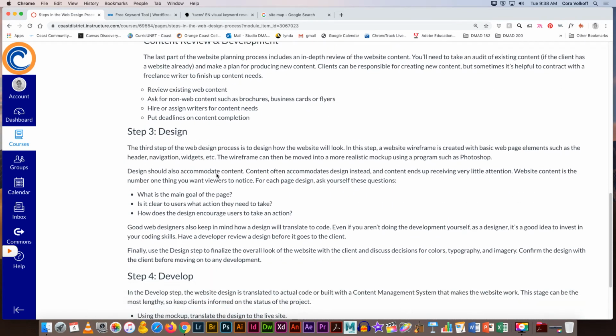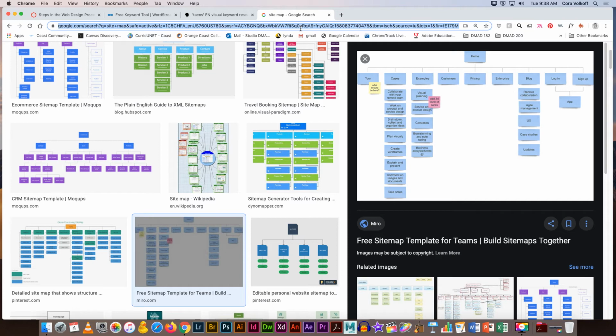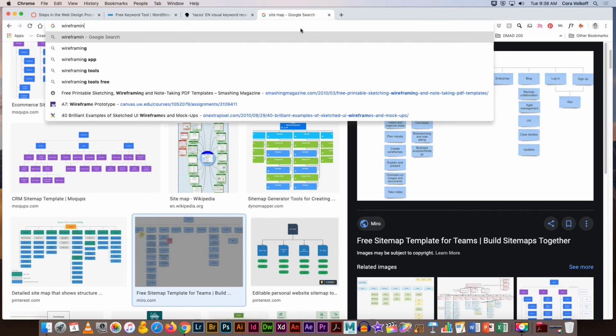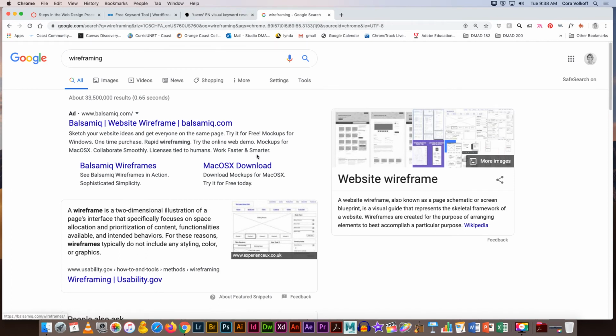The next step is probably the more fun step that you guys would decide, and that's design. But for the actual web page itself, you're not going into colors and type and any of that right away. You're going into what's called wireframing. And this saves you time. And what happens here with a wireframe